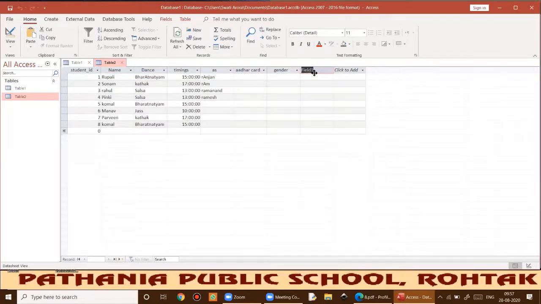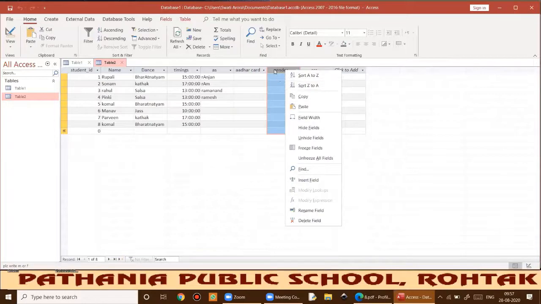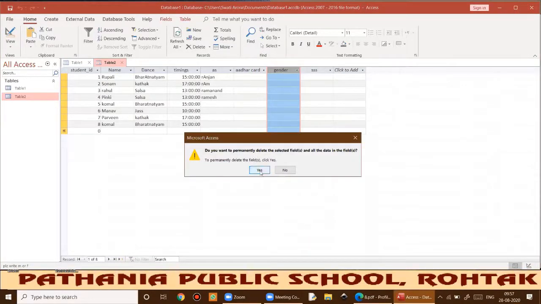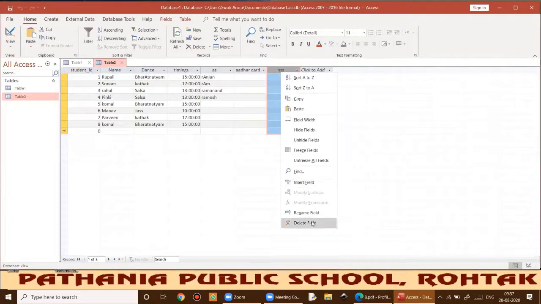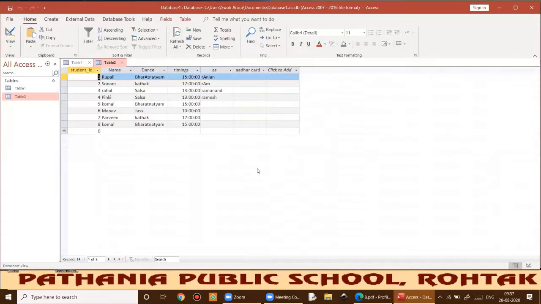Now you can rename the field also. So here also you can rename the field. Datasheet view is basically to enter the data inside that particular table. You may also delete a particular field. Select that field and then click on delete field. It will ask, do you want to delete permanently? Yes. This way your field will be deleted if it is extra. So from here you can add a new field, and by selecting a particular field you can delete that field also.